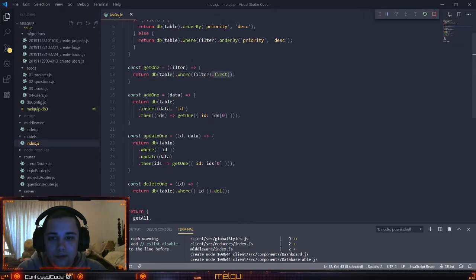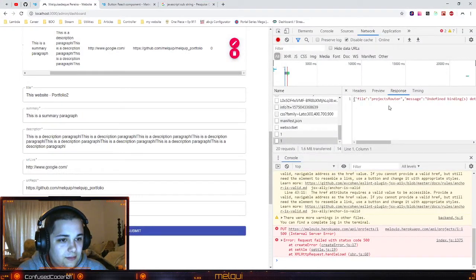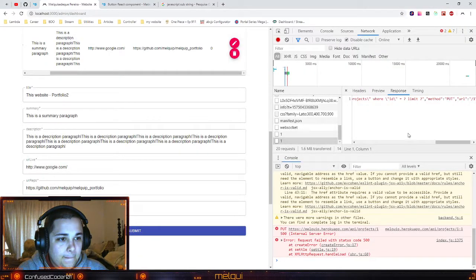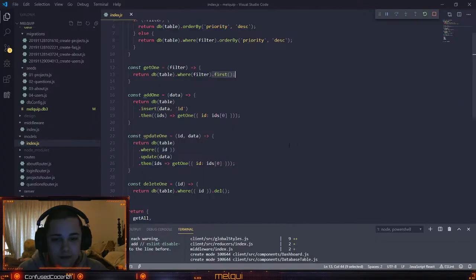Filter first. I don't know if it's referring to this one. Yeah, URL/1. Yeah, that's right. And the ID should be 1 as well. So update, then